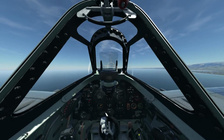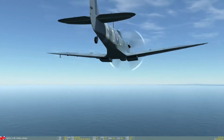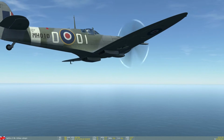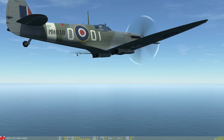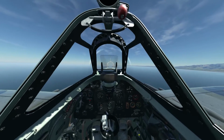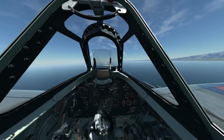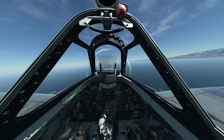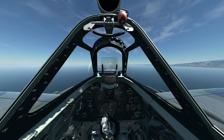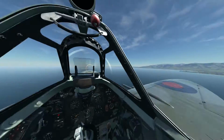Just putting the radiators on full open, so let's just check. Okay, there they are opening up. Radiators are full open. And I've been running, say, 2100 RPM and relatively low boost for the last couple of minutes, so the engine is cool. And then we're going to go to full RPM and full boost in a few seconds, and we're